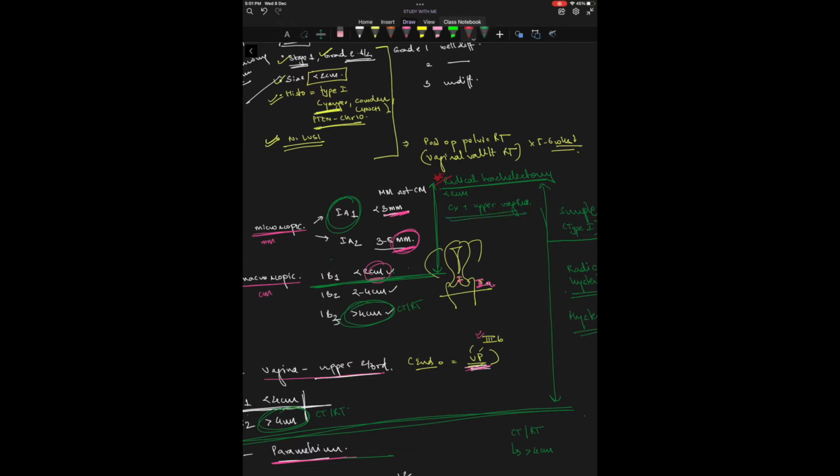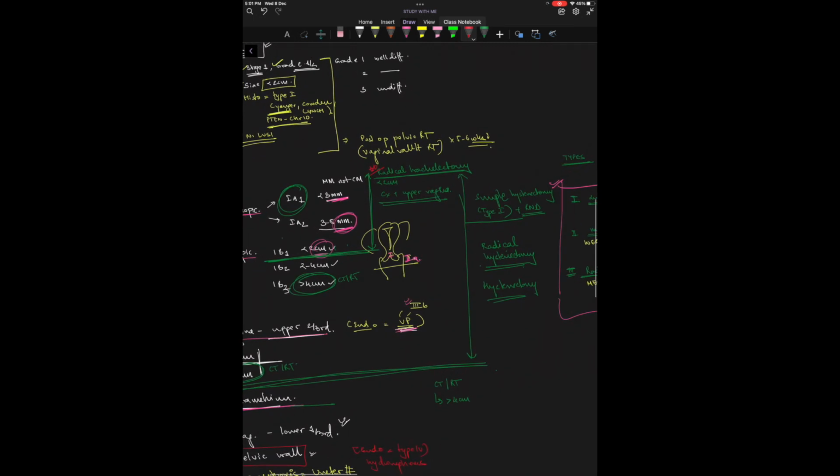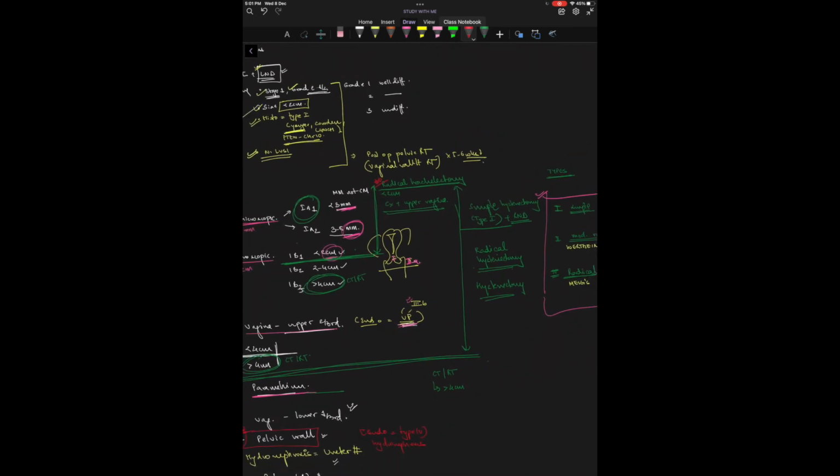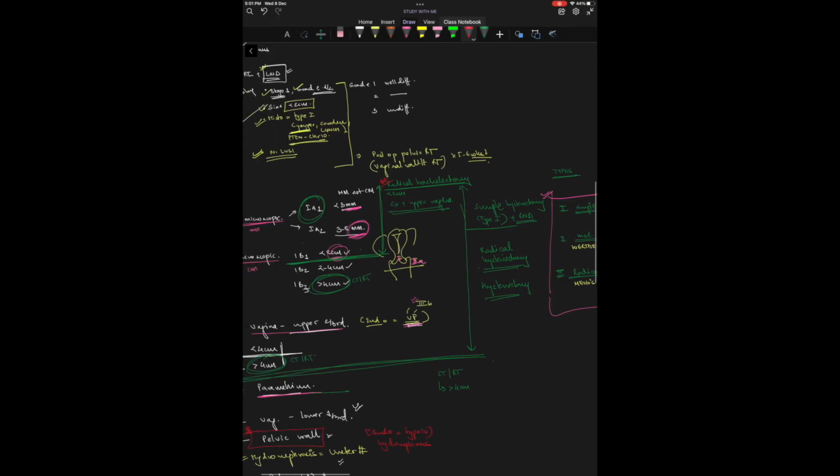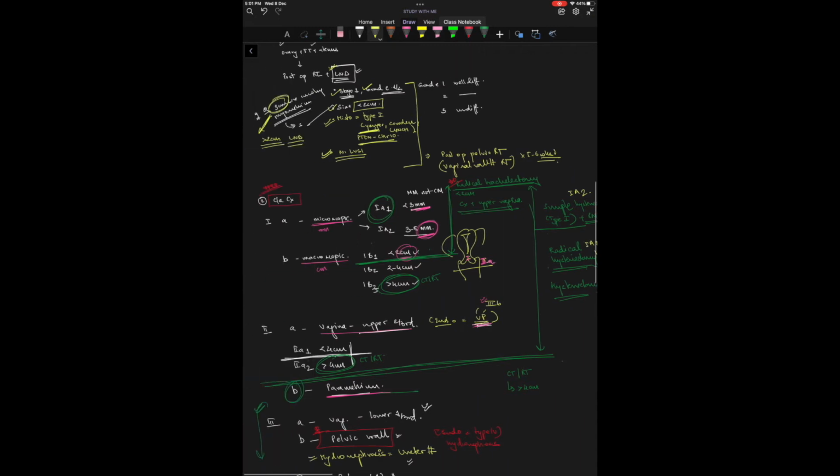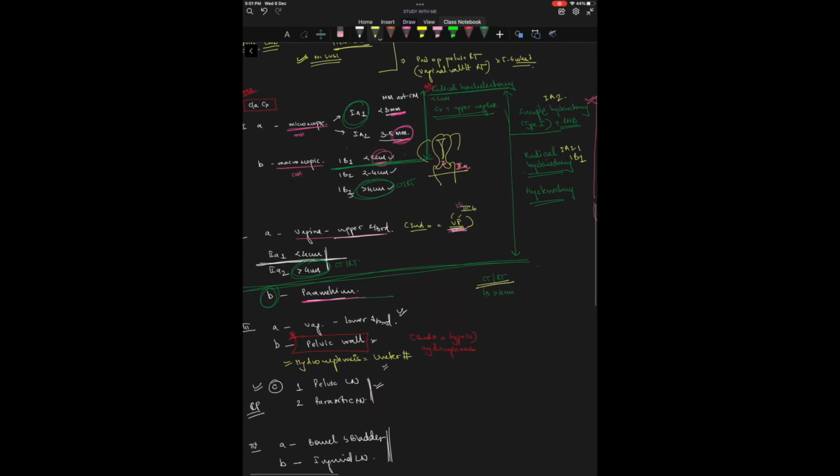Alright, this is very important to note. So I've simplified the treatment a lot, okay. Till stage 1B1 we can go for radical trachelectomy in females who want to have children. Whereas if the female has completed her family, then we go in for simple hysterectomy in stage 1A1. We go for radical hysterectomy in stages 1A2 and 1B1, and then we go for chemotherapy and radiotherapy if two conditions are met: the stage is 2B or more, or the size is 4 centimeters or more.